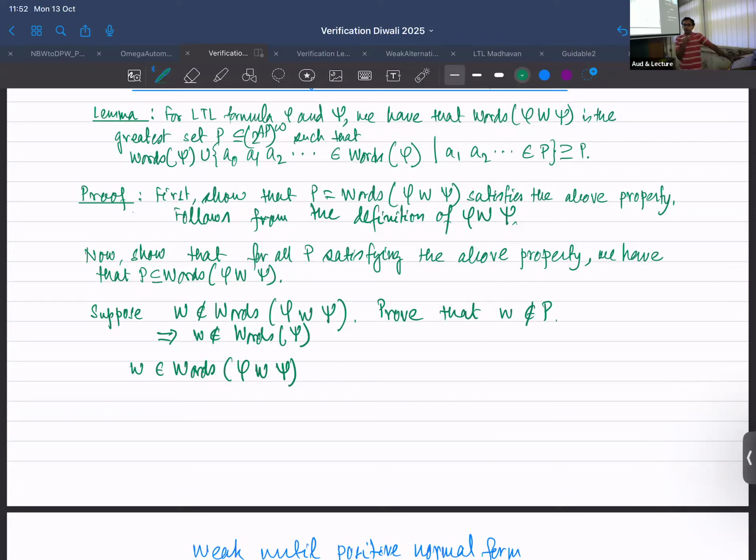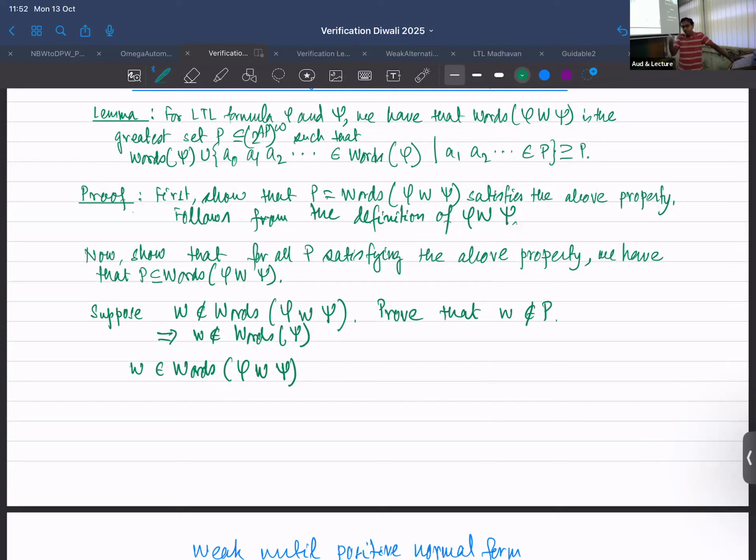So if w does not belong to words(phi weak until psi), then w cannot belong to words(psi). Is that clear? Because if w belongs to words(psi) already,